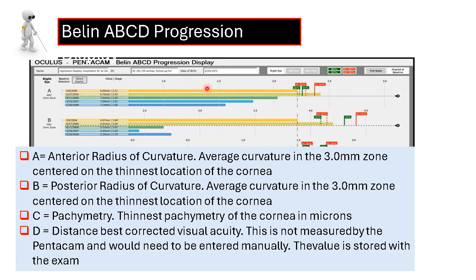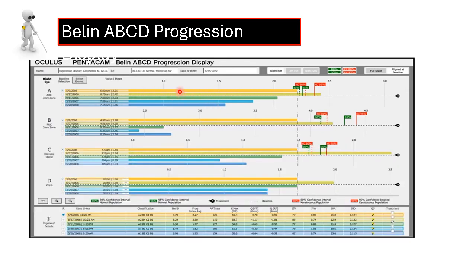Now, these horizontal bars, as you can see, 5 or 6 bars here, each bar represents a visit of the patient. For example, this is the baseline visit. This is, for example, after a 6-month visit. This is after 1 year, and so on. So that we can compare the different visits and see what happens to the patient as far as each part of the staging system. This is very useful in documenting the progression and the staging of the progression of the ectasia,